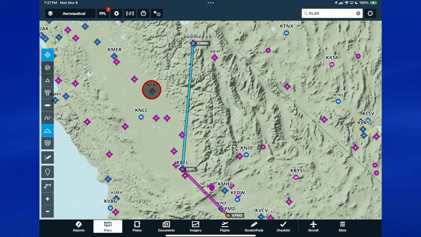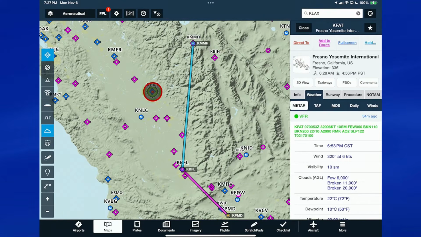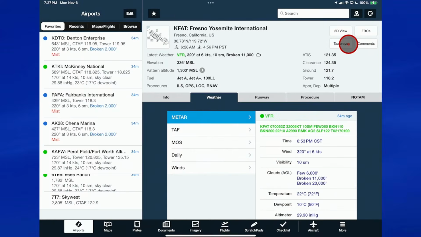So I also don't want to fly this, so I'm going to continue up the valley to another blue airport. Another way to add that to my route is to just, and you can't do this in the sectional mode, but in the aeronautical chart mode you can, just tap on the airport once. And you'll see it shows up here. And you can get all kinds of airport information. You can go full screen on that airport, which will take it directly to the airports page. Just a shortcut to that.